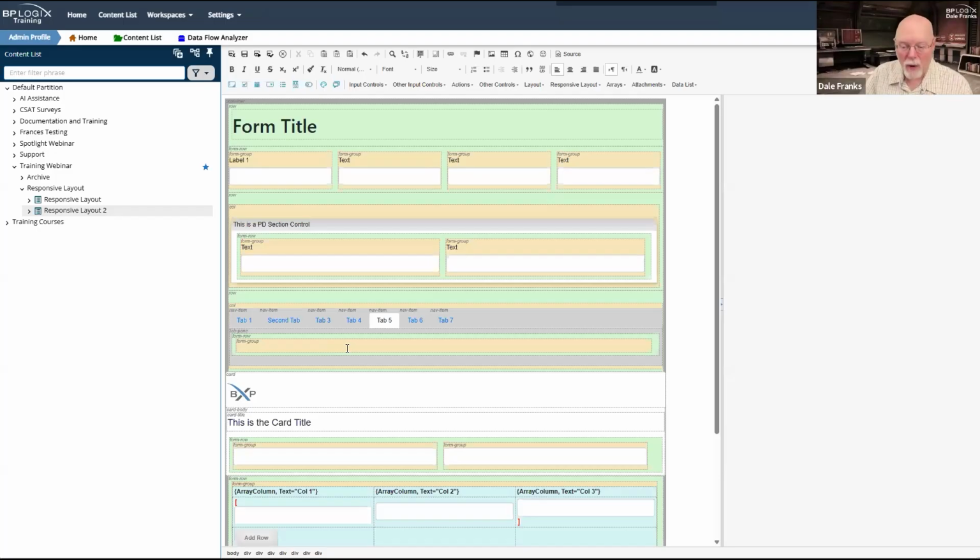It's not super hard to learn, and it's not super hard to use. It is tedious. I will grant you that. But technically, it's not all that hard once you get into your mind that I'm actually just building a table. My container is the outer table, and then my form row is the row of controls, and my form group is the little group of control and label that I would normally use for accessibility anyway.